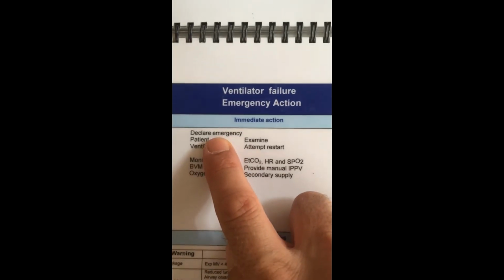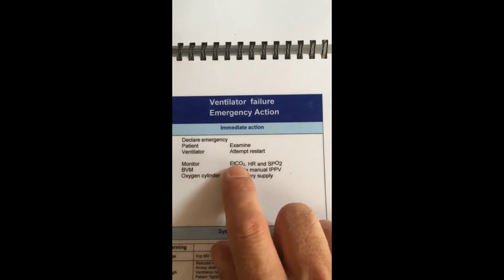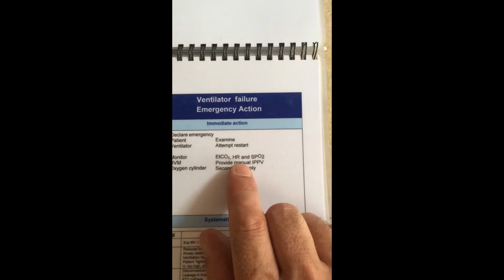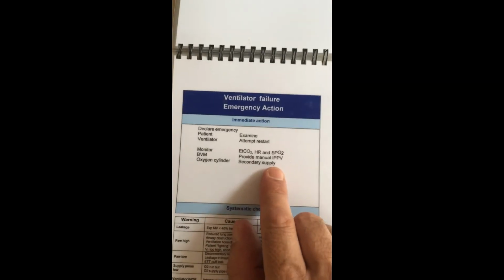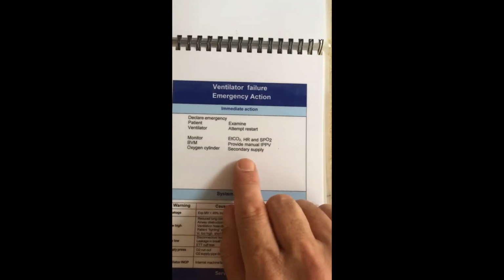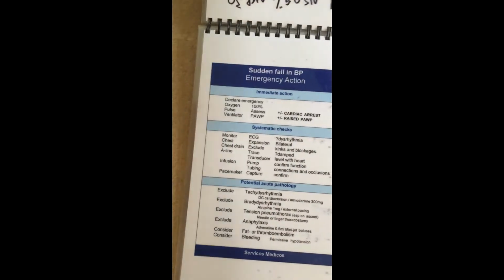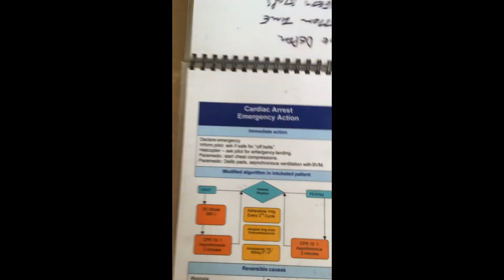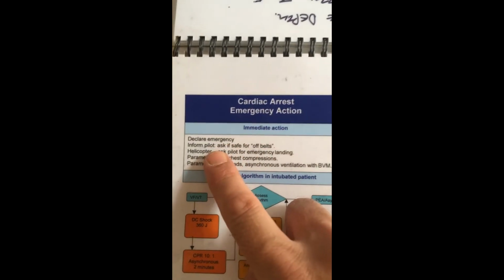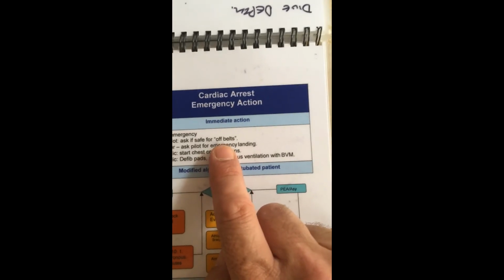What we're going to do, declare an emergency, patient, examine, ventilator, restart, monitor, ETCO2, heart rate, SpO2, BVM, provide manual positive IPPV, oxygen cylinder, secondary supply. And it gives us a checklist that we can follow through. Falling BP, emergency action. Cardiac arrest, declare emergency. Ask the pilot, is it safe to off belts? If you take your seatbelt off,